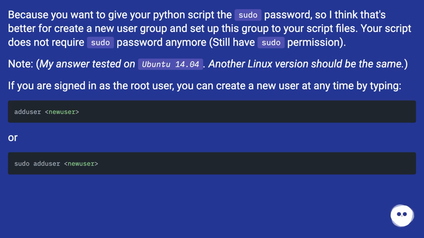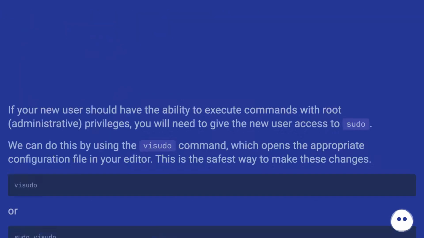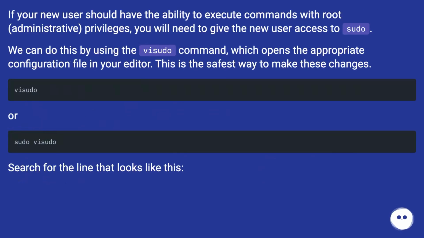If you are signed in as the root user, you can create a new user at any time by typing the following, or this. If your new user should have the ability to execute commands with root administrative privileges, you will need to give the new user access to sudo. We can do this by using the visudo command, which opens the appropriate configuration file in your editor. This is the safest way to make these changes. Or